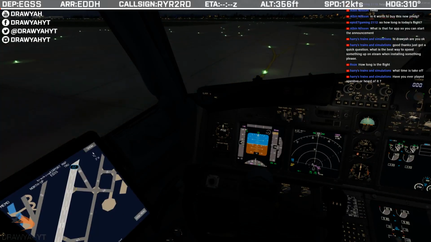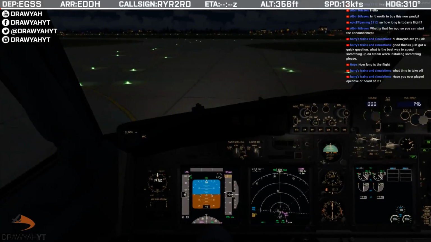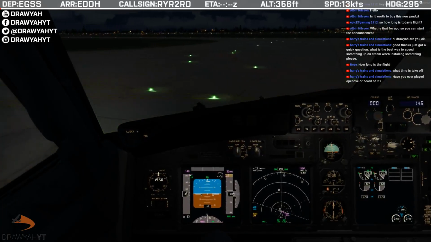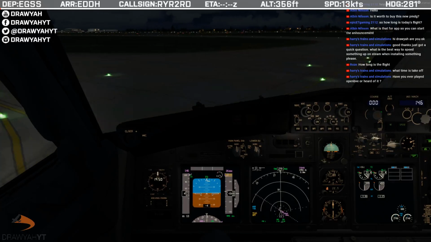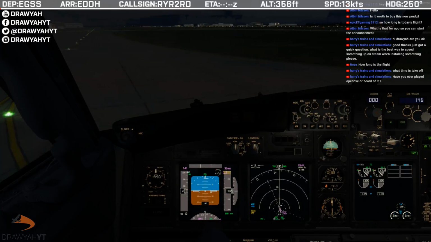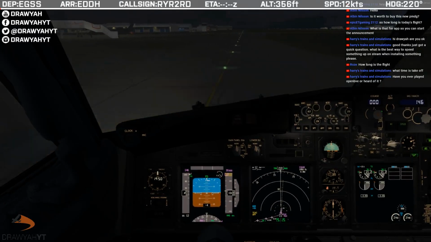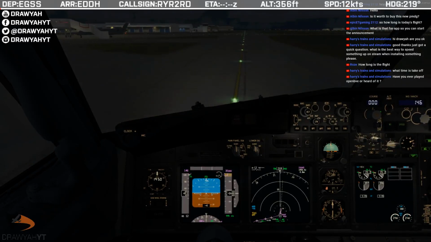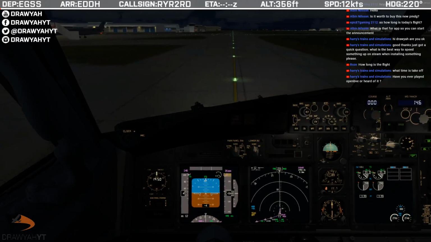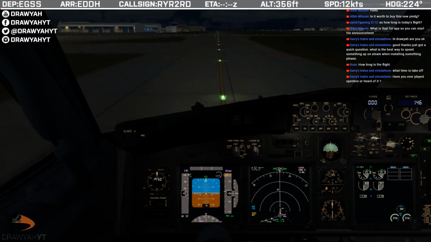Ground, good day, Ryanair 2860 with information Hotel Alpha. We'll need to make the left turn at. Ryanair 2860, Stansted ground, readability 5, standby. And brake. A little bit of fog there, a little bit of dust kick up. Go ahead for FedEx 273. FedEx 273, the runway is...